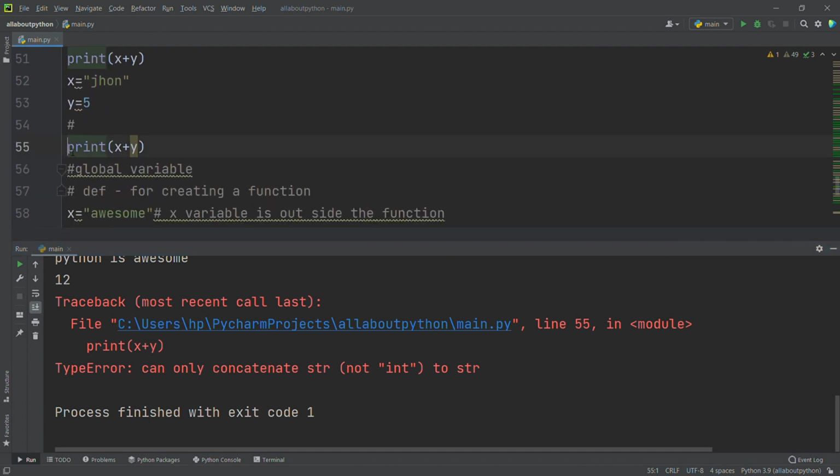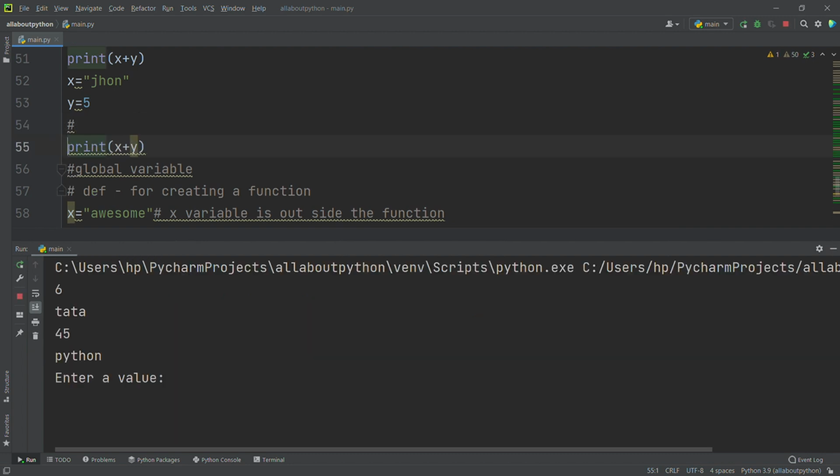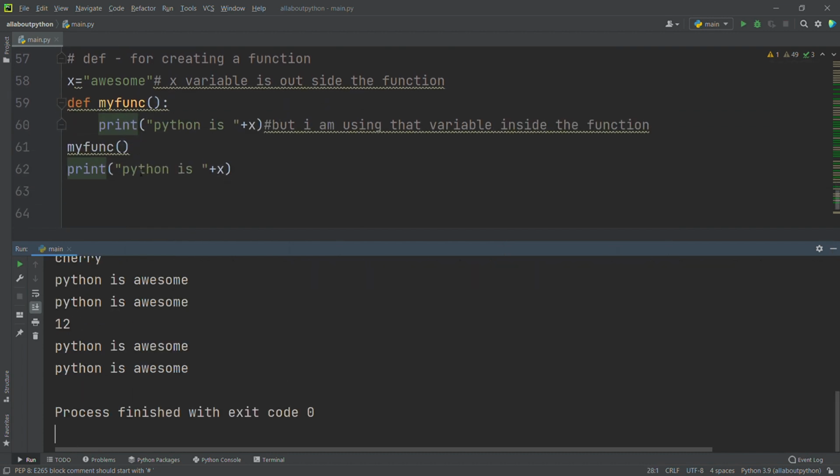Oh, it came down. So okay, let me run this again. See here, it's printing two times at the end. So one is for inside the function and another one is outside the function. Both are awesome, right? So it's working fine. Now this x is called a global variable.